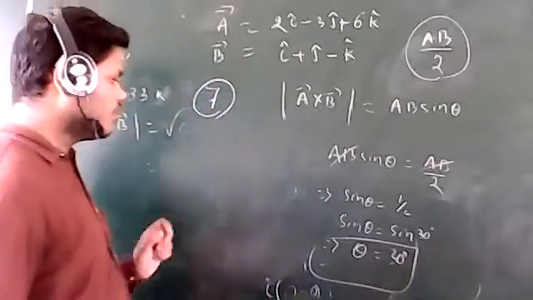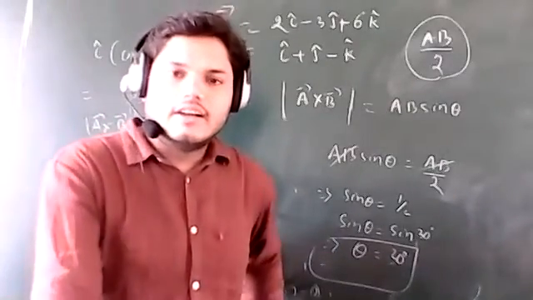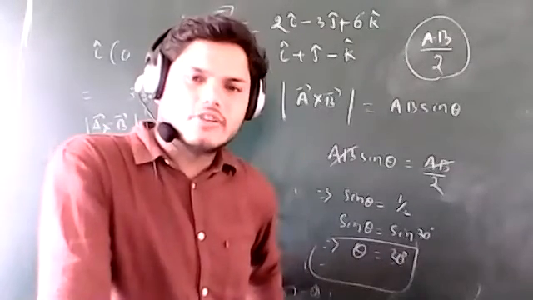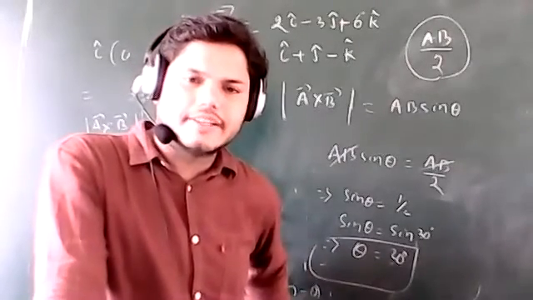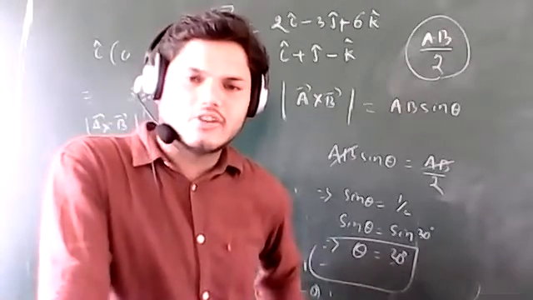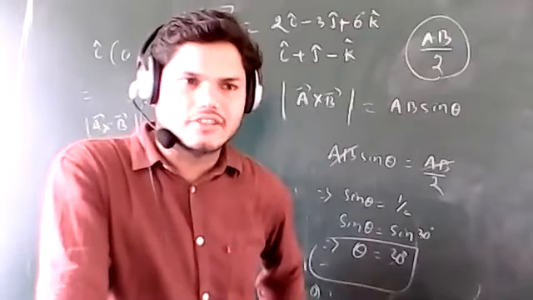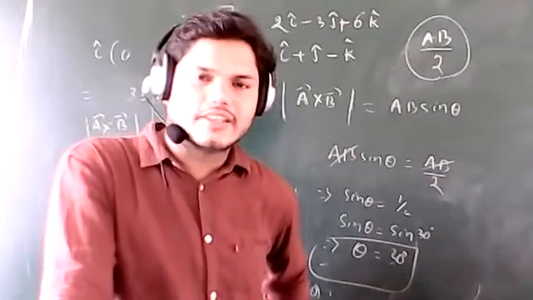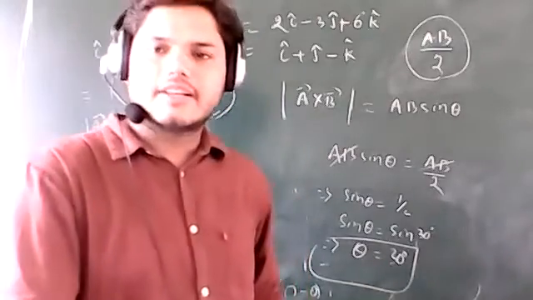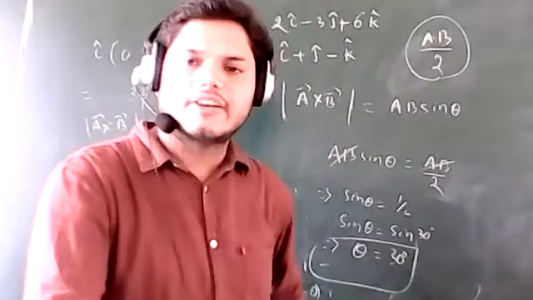So how can you find it? First of all, I think you know that if a vector and b vector are in the xy direction, then the third vector, perpendicular to both, will be in the z direction, yes or no? So if a vector and b vector are given to you, okay, and some vector is perpendicular to a vector and b vector, that will be the n vector.